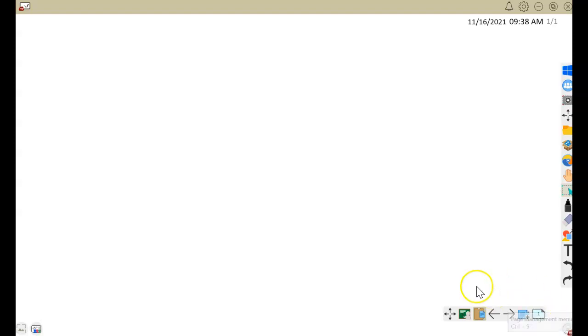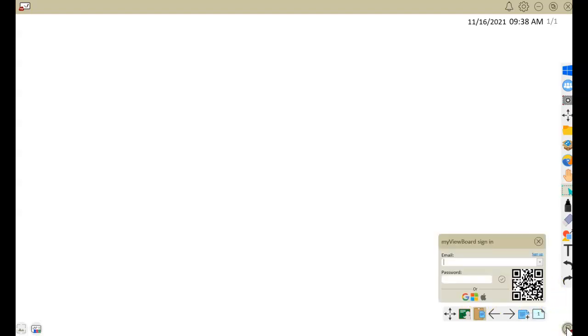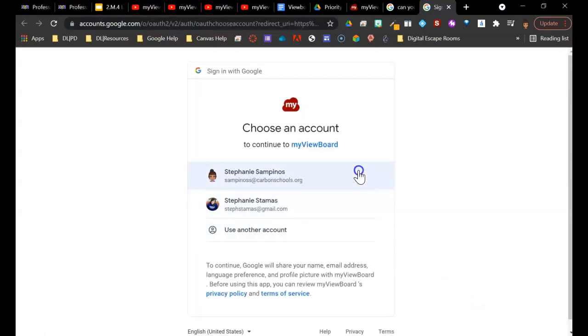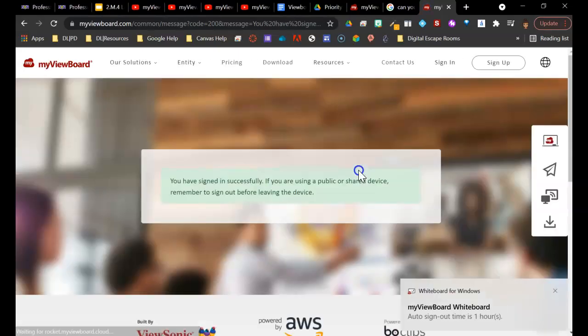Now, if you don't see a little pop-up where it says you can sign in, what I want you to do is click on this bottom part where this little person is, and you can see that it's the My Viewboard sign-in. So you can do this through a QR code or with an email and password. However, those are not the ways that we would like you to sign in. The easiest way is to click on the G, then click on your school account, and then now it says